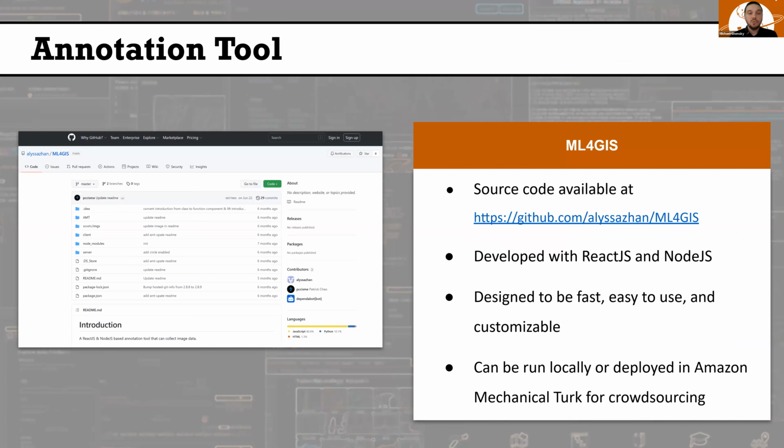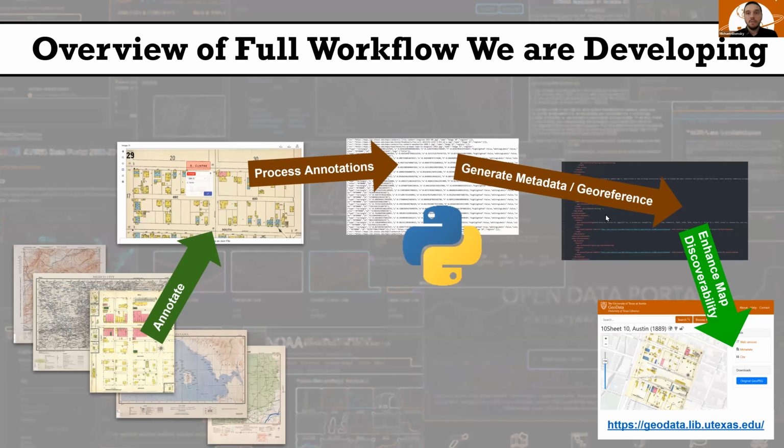We had two students who were paid through the project that we called the ML4GIS project. We received funding from one of our Grand Challenge initiatives here on campus, the Good Systems initiative at UT Austin. We were able to use that funding to pay these students to build out this annotation tool under the guidance of the faculty member in the School of Information who had expertise in this area.